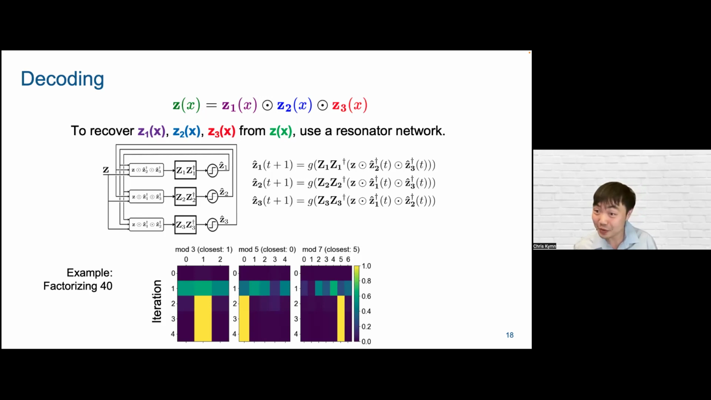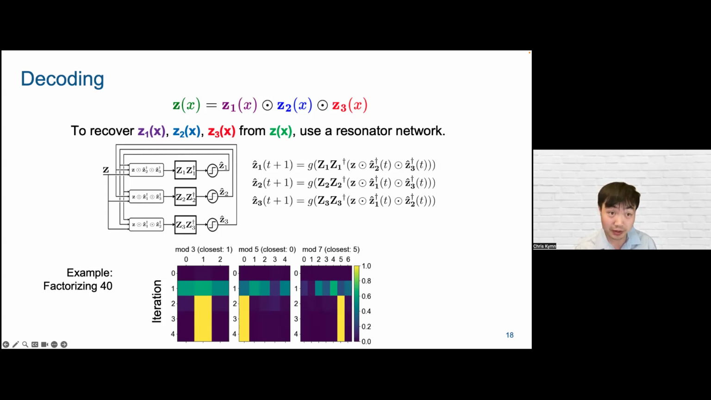So instead, we can use this technique developed by Paxton Frady and Spencer Kent at the Redwood Center a few years ago, which was developed not for this particular case, but we can adapt it for our purposes. And the way that this computation works is that we try to iteratively estimate a guess for each of these factors z1, z2, z3. So this is why it's saying z hat at a particular state t plus 1. And that estimate is based off of our guesses for the other factors if we were to unbind them from